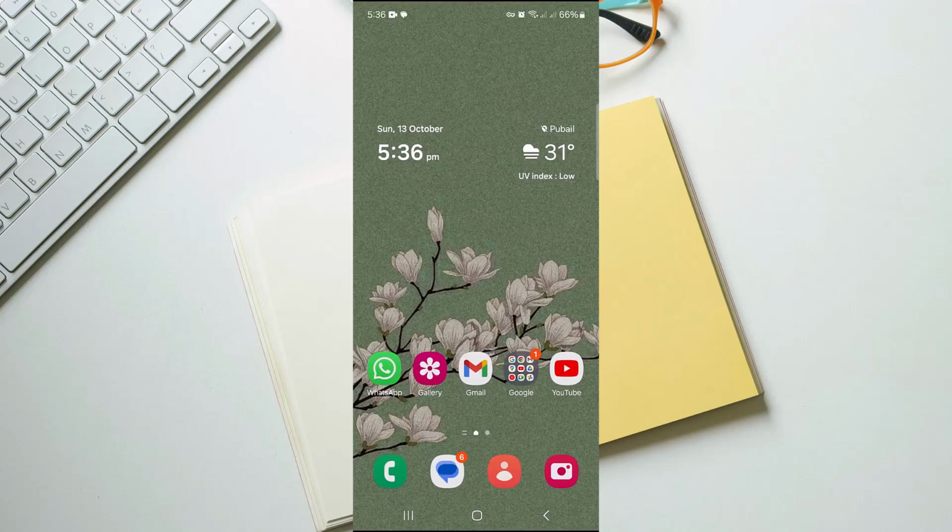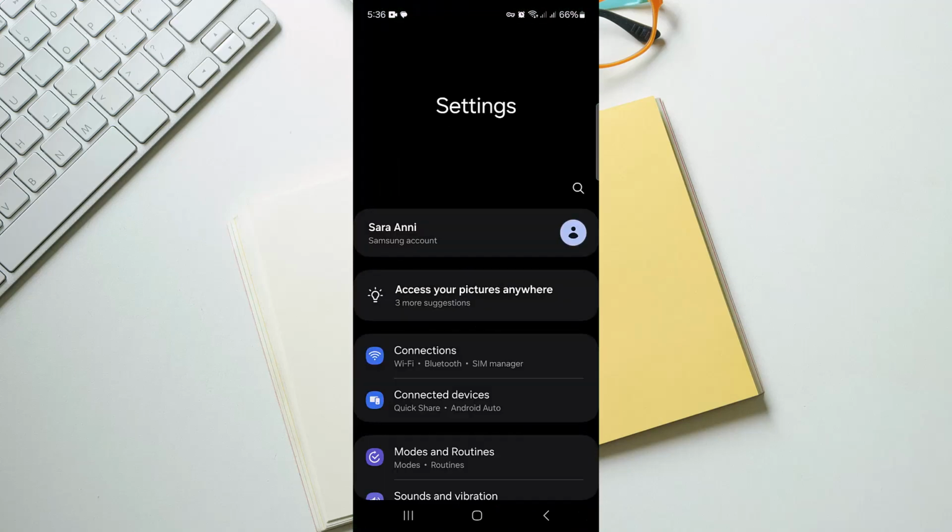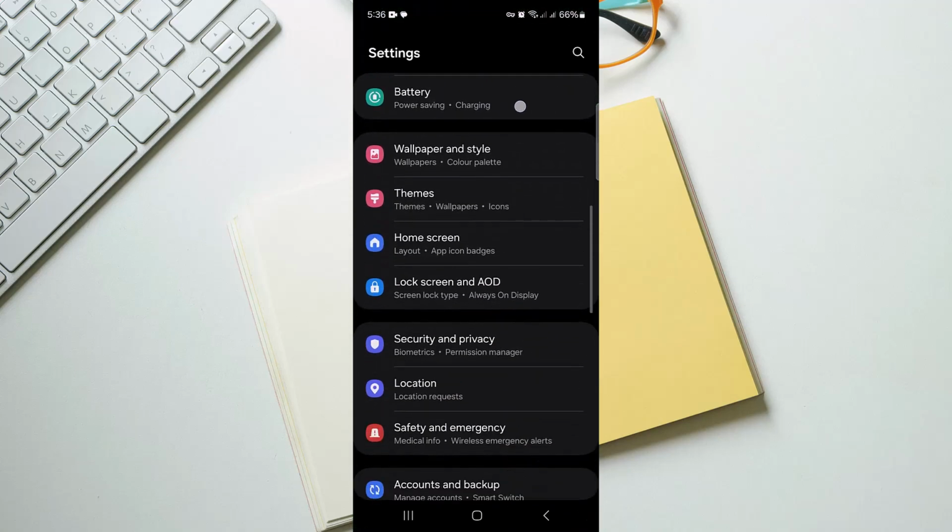In today's video, we are going to show you how to factory reset any Android phone. So let's get right into it. Head over to your settings option and then scroll down until you see